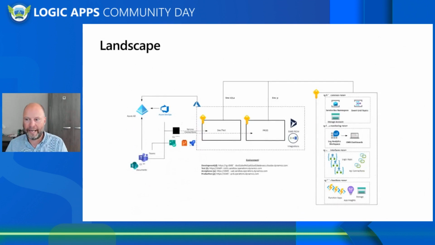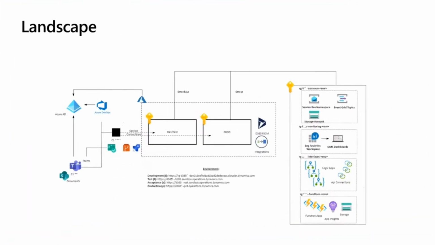So the landscape kind of looked like what you're seeing now. You've got a dev/test subscription and a production subscription. Within the subscription, there were a couple of resource groups. There was a more generic, common one, where you could find a common Event Grid topic, Service Bus namespace, and storage account. We had a resource group for some monitoring capabilities, like Logic Apps and a Log